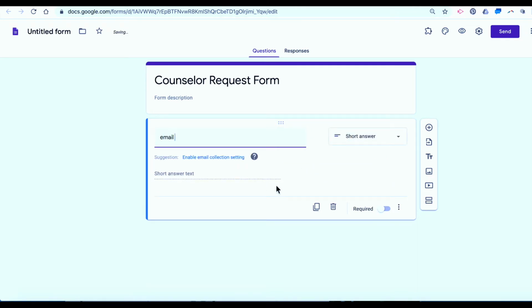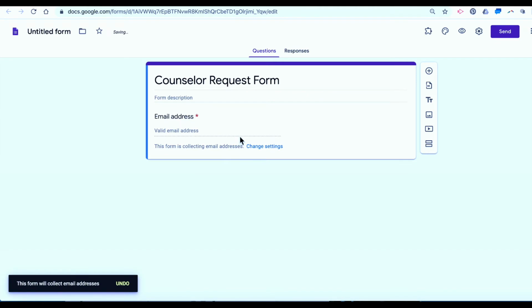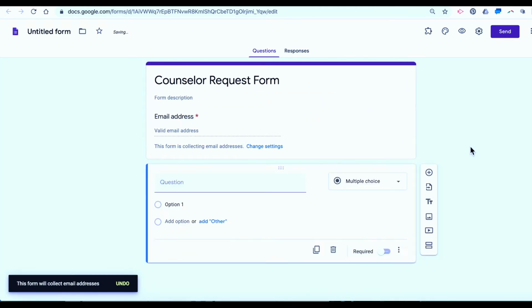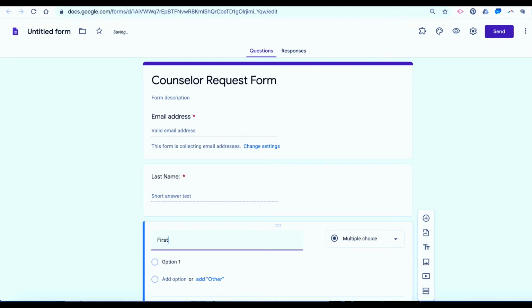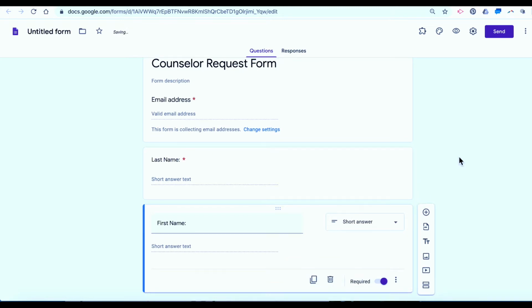Look at that. As soon as you type an email, it asks you, do you want to enable the email collection setting, which means that it's automatically going to collect email addresses. So that's one less thing for folks to type. So last name, and we want to make this required. First name, and you can do it in a different order if that makes sense to you, whatever works for